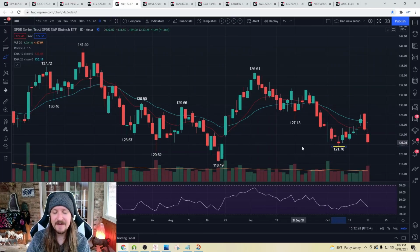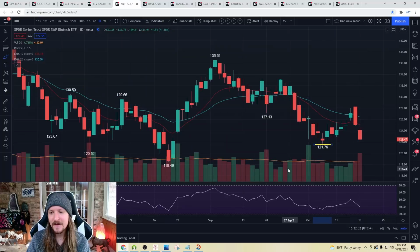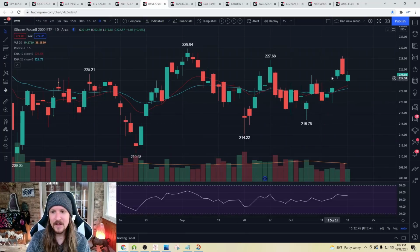And if 121.76 breaks, it's the double bottom at 118 back in play. So again, a slow grind up. This is 6 days of bounce and giving back the majority of it with 2 days of pullback. So one of our lead bear sectors with the healthcare sector, IWM, looking for a daily higher low, anything above